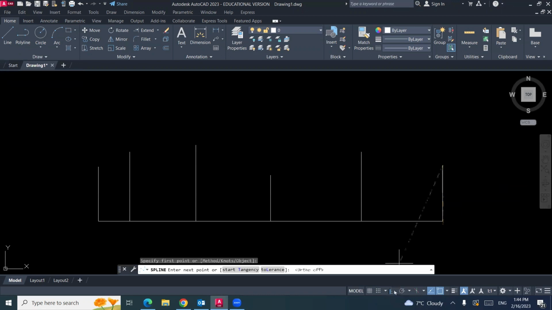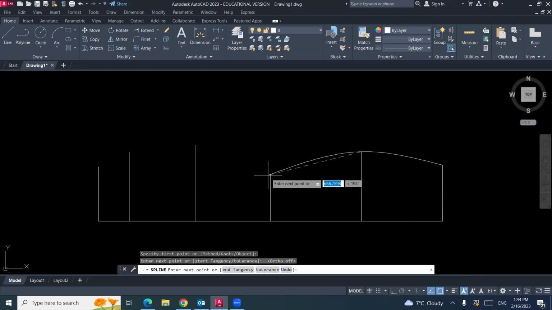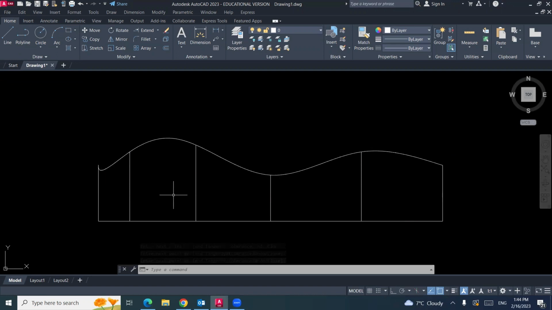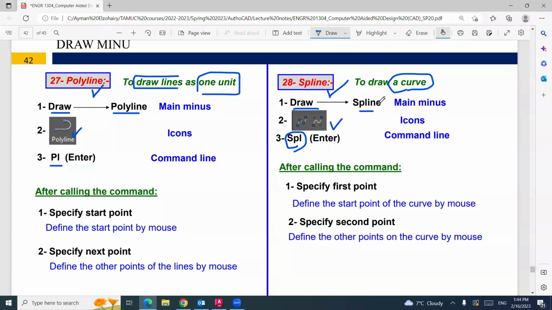Can you see? Click, click, click, click, click, then enter. That makes sense? So we can connect between all of them by a curve. So that is how to draw a curve using a spline.